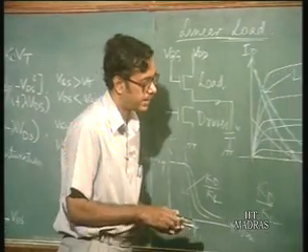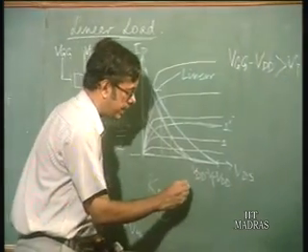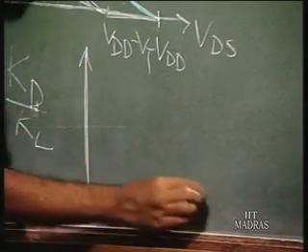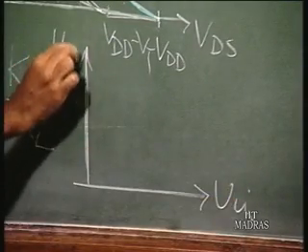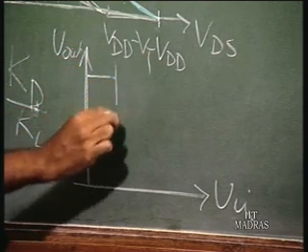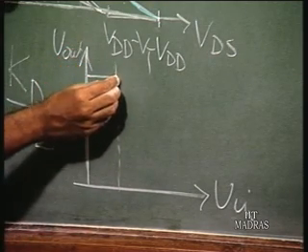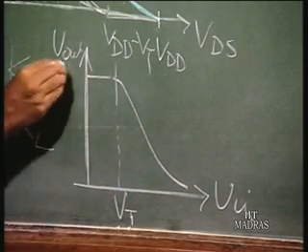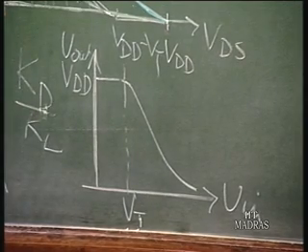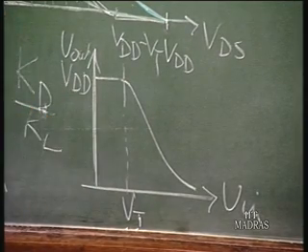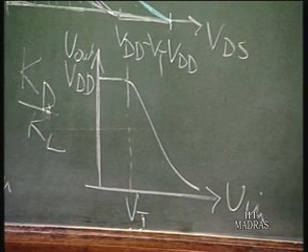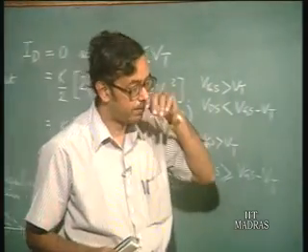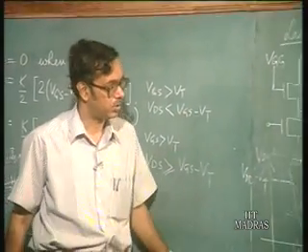So if you look at the input output characteristics, this is Vin, this is Vout. It is going to be similar to the one with the resistive load, it goes all the way like this. So, up to Vt it is VDD, and after that it keeps falling. So it is similar to the VDD, it is in fact better than the saturated load,